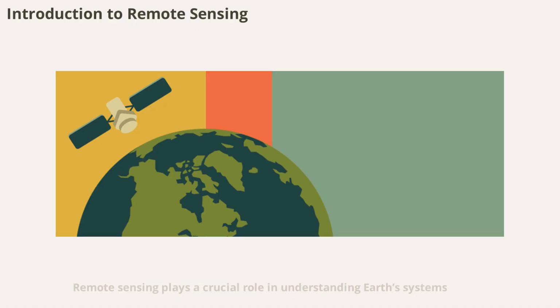Remote sensing plays a crucial role in understanding Earth systems, monitoring environmental changes, and supporting scientific research. From capturing images of forests and oceans to tracking weather patterns and urban development, remote sensing is at the heart of modern Earth observation. Let's embark on this journey to discover how NASA uses remote sensing to unlock the secrets